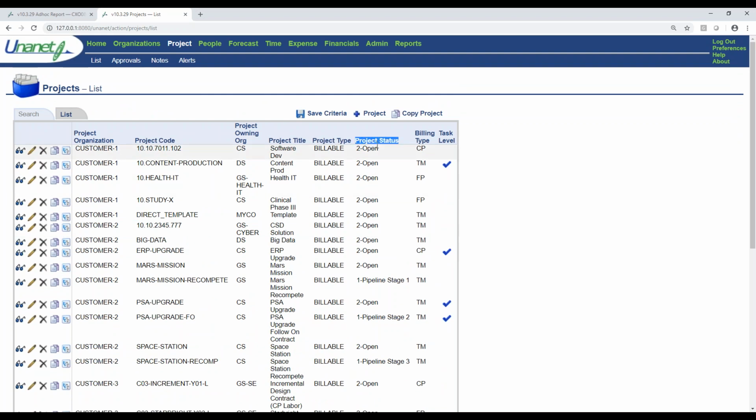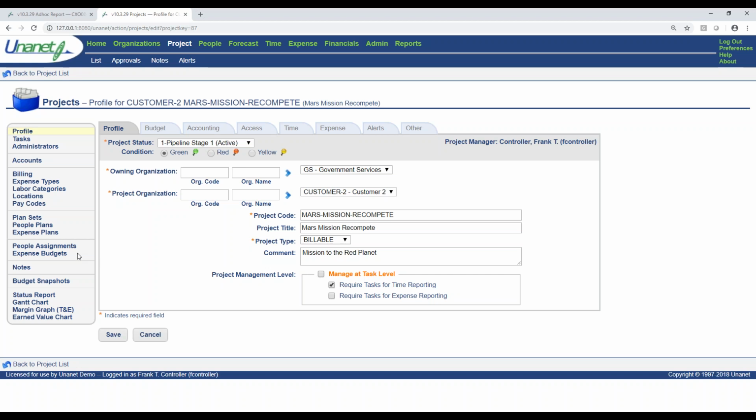I want to point out this project status column, and I'll go down to this Mars mission recompete project right here. If I've planned my people into the future, I may have different plans and assignments and labor categories, but all I have to do is change it from pipeline stage 1 to open and active, and all of my assignments and labor categories and rates, all that stuff will move forward and people can just build to it. So here's where I can plan my people.